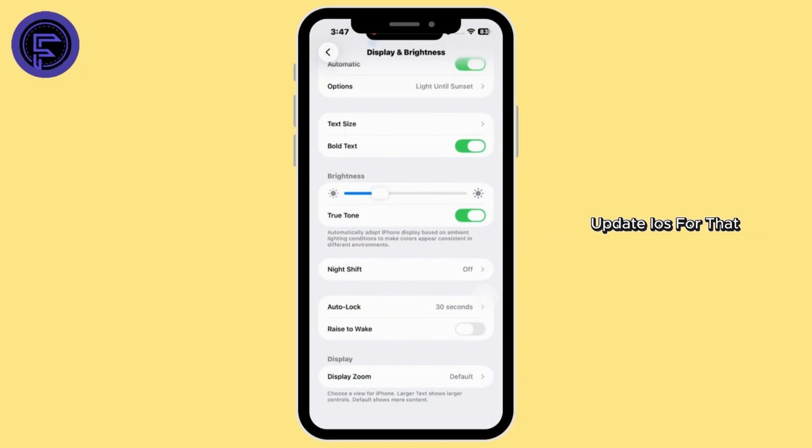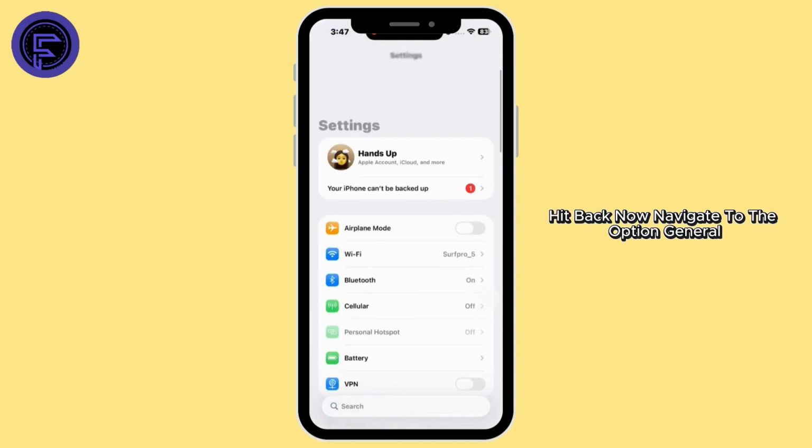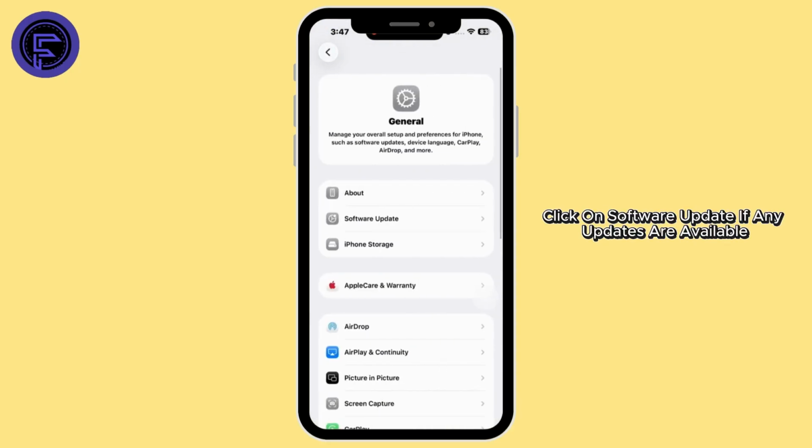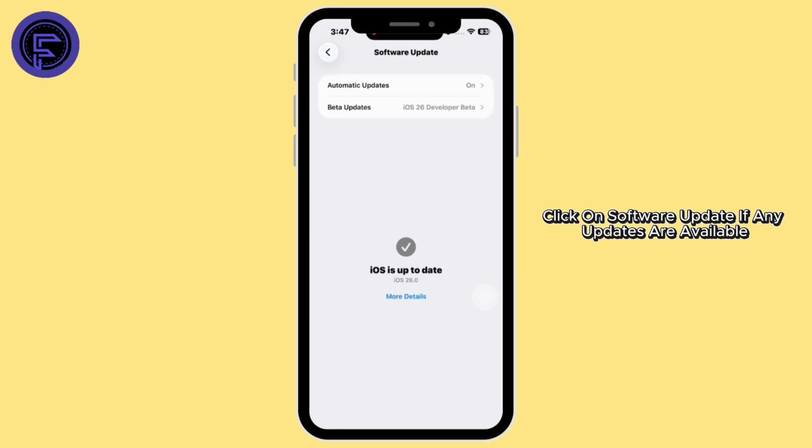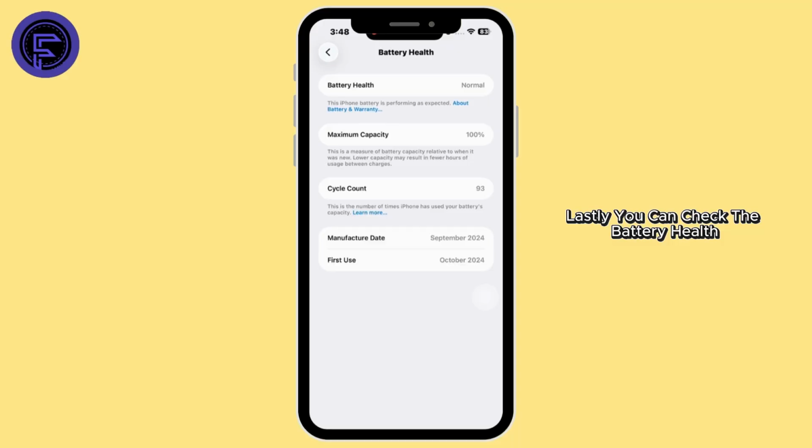Next, update iOS. For that, head back. Now navigate to the option general. Click on software update. If any updates are available, just update it to its latest version. Lastly, you can check the battery health. If maximum capacity is low, like below 80%, or it says service recommended, your battery is tired, visit Apple for a replacement. So these are some fixes for